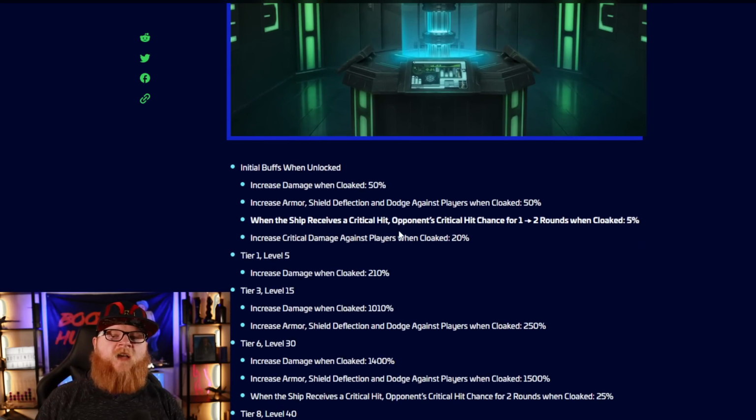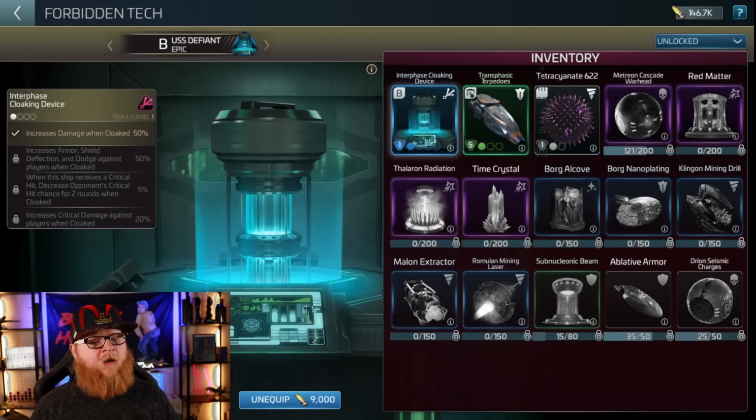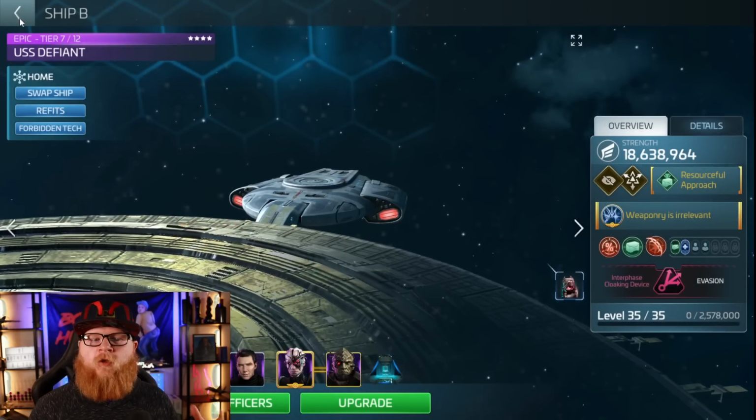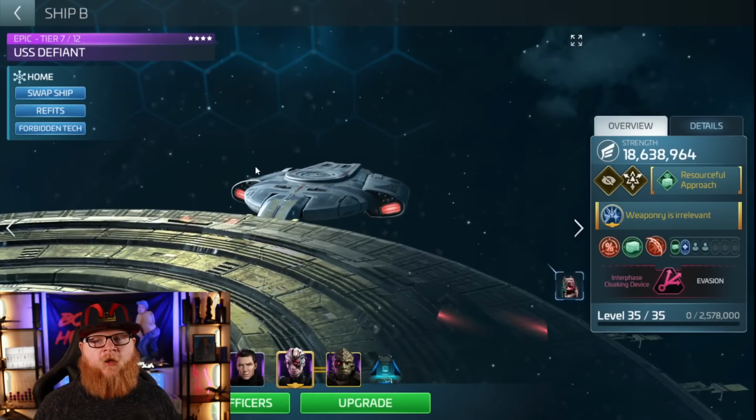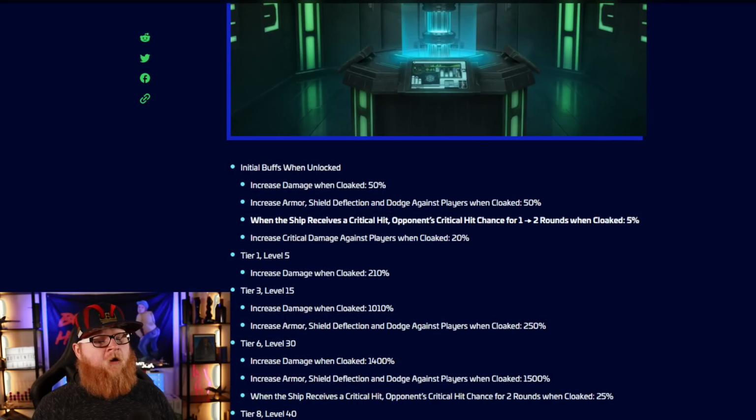Interface cloaking device, which I actually have. If you remember, this is the one that I currently have attached to my Defiant. My Defiant, in fact, is using this one. It's a tier 1 level 1, simply because Defiant cloaking is lore friendly. I like that, and I use it for armadas. So just a random little aside there of how I'm